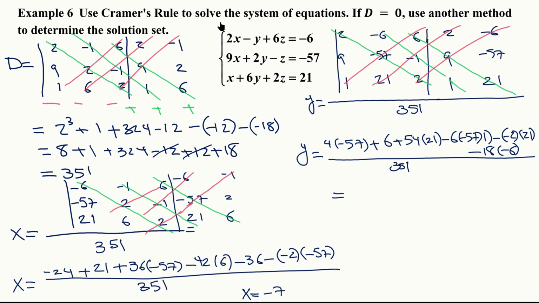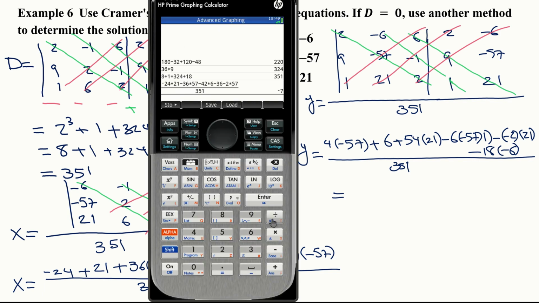So now we're ready to plug in again. Okay, so again, I'll go ahead and start with a fraction, but I'll delete the numerator that comes up. And I'm ready to type in. Okay, so 4 times negative 57. Make sure you use that when you want to say a negative number, not that. All right, and then plus. So make sure you get out of the parentheses, plus